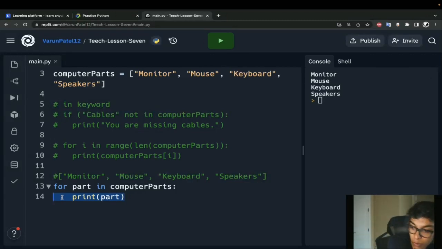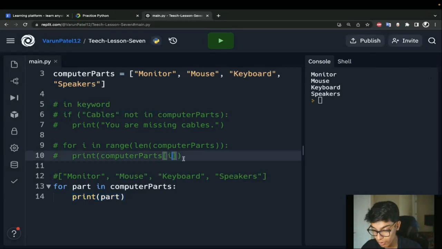How is this different from what we were doing before? Well, what we were doing before is we were actually creating numbers, right? 0, 1, 2, 3. And then we're using those numbers to pull those values out. So there was an extra step with that. Hopefully that makes a little more sense. Maybe my real life example wasn't the best or the most thought out, but hopefully it gives you guys a little more clarity with what we're doing here.